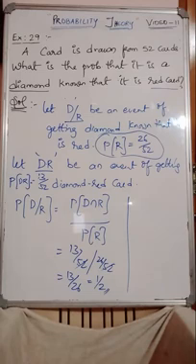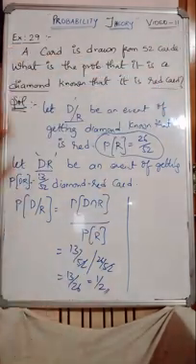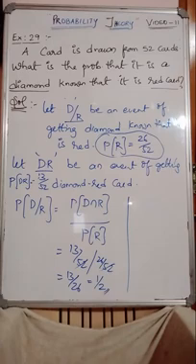In competitive examinations, straight away, how can we guess the answer? Diamond, known that it is a red card. So red cards will be 26. In that, diamonds will be 13. Therefore 13 by 26 will be the answer. Straight answer it is. Clear, guys? So I hope I am clear on all these problems. So let us see the last problem, one more problem for this video, and in the coming video we shall calculate a few more examples from the same concept, multiplication theorem of dependent and independent events.